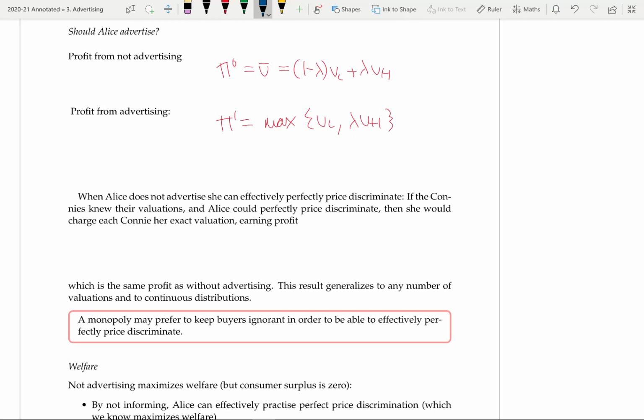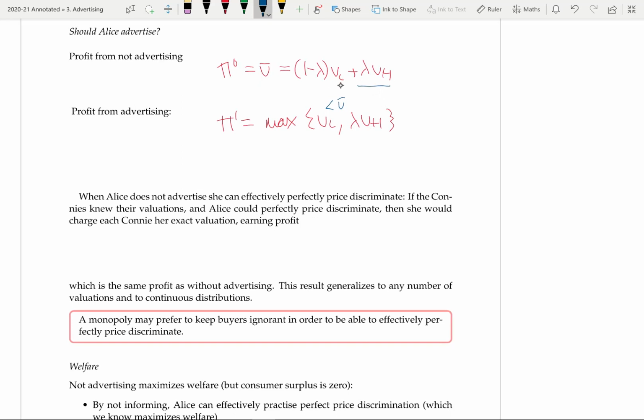So to show that pi 1 is less than pi naught, it would be enough to show that VL is less than pi naught and lambda VH is less than pi naught. So comparing the two expressions, pi naught here is equal to V bar, the expected valuation, and the expected valuation is more than the smaller of the two valuations, VL. So this is less than V bar. Lambda VH is also less than V bar because we have lambda VH here, and V bar also has this other term. So we have the same term here,